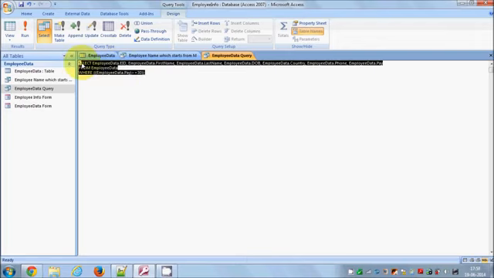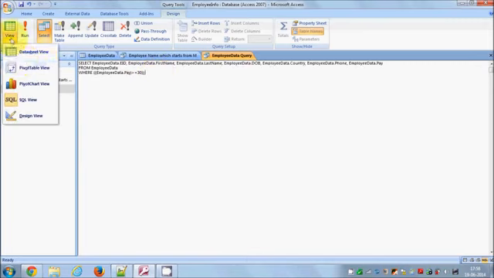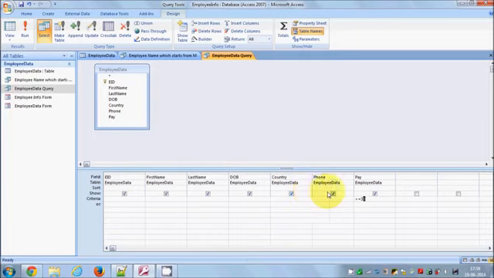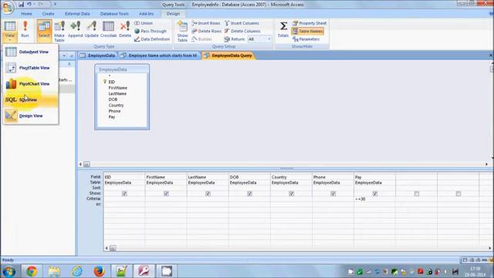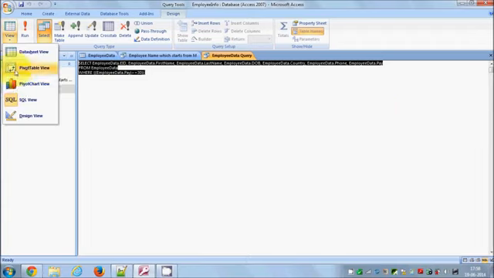Don't ignore this query. This is really important when you are dealing with some languages, right? So you can create your query in design view, and whenever you want to pass this query to another language, just go to the SQL view, copy this query, and pass it to the language you are working with, right? Okay, so once again to the design view,